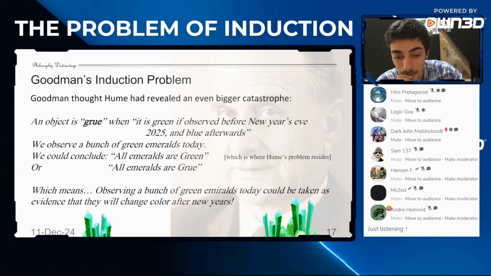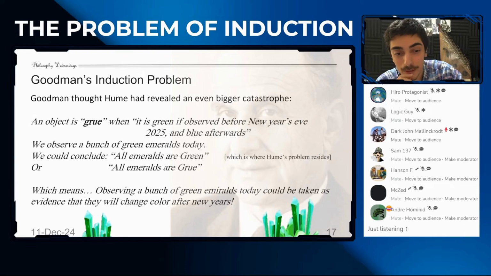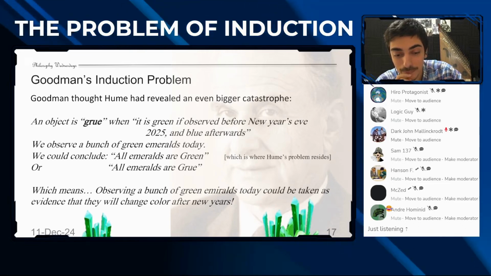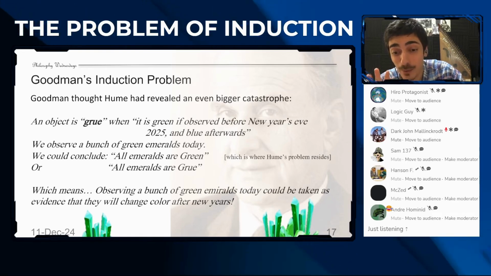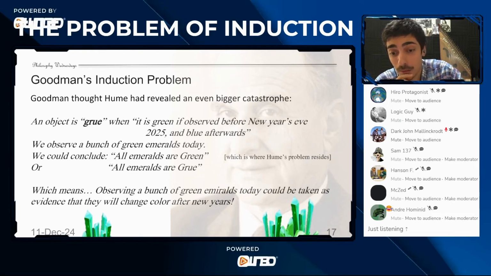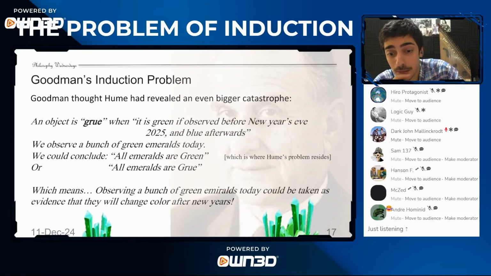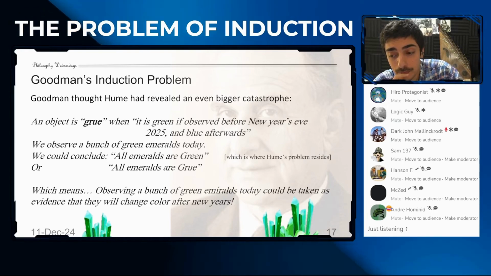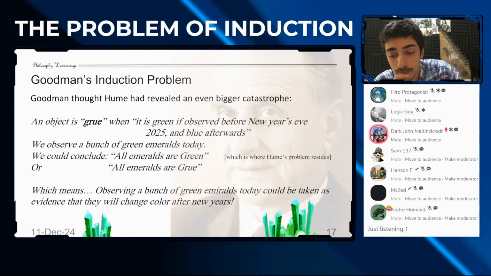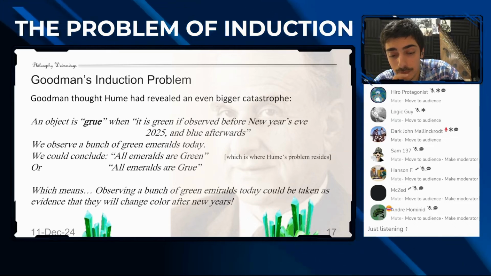I guess I don't follow that. Okay. I mean, looking at that, first of all, there is the question of whether an object has to be either green or GRU. It doesn't. That's exactly what the problem is. It could be both. Yeah, that's part of the problem. But the other problem is I don't see how you could possibly say that observing something that's green today